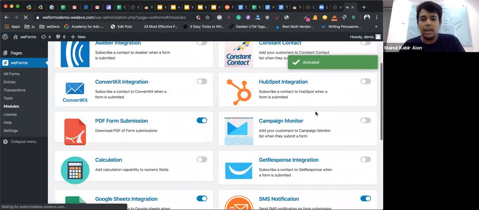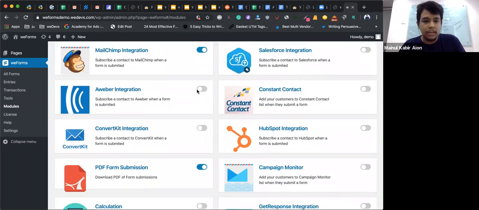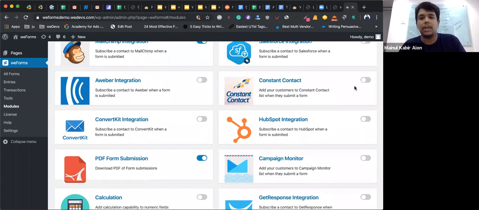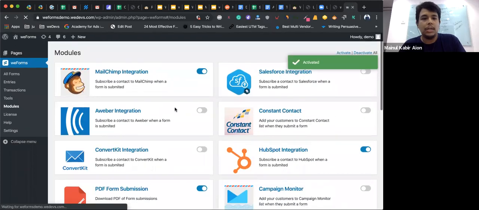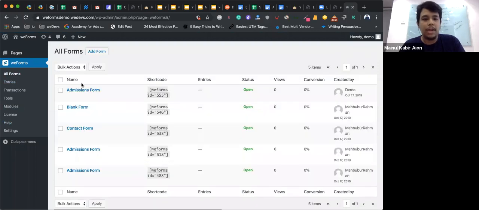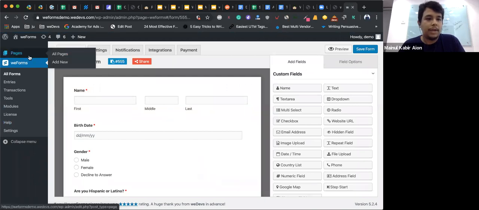Also, there are many email service providers out there like Aweber, ConvertKit, Campaign Monitor, Constant Contact. Also, there is HubSpot integration. So weForms is really a handy plugin. You can create any type of form you want and publish them very easily. Just copy the shortcode, create a new page,